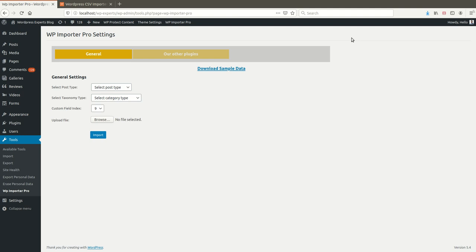By inspecting the element you can find the particular meta field's name, and that field name is the meta key. So you can find the meta key from the admin section. To find the meta key you don't need a developer; you can do it yourself. You just need to use inspect element, select the particular field, and get the field name, and that field name will be the meta key.